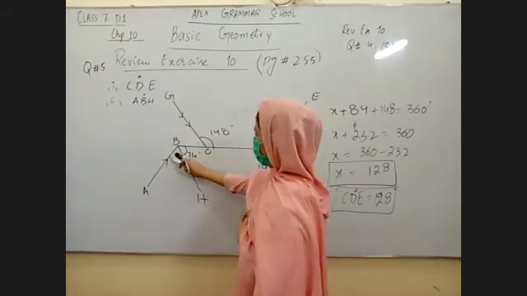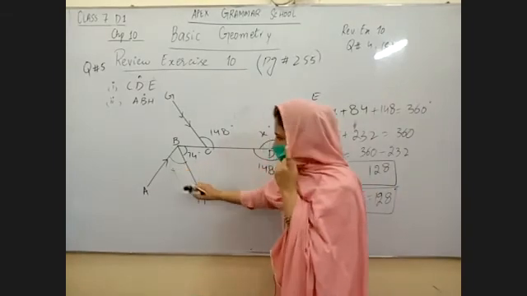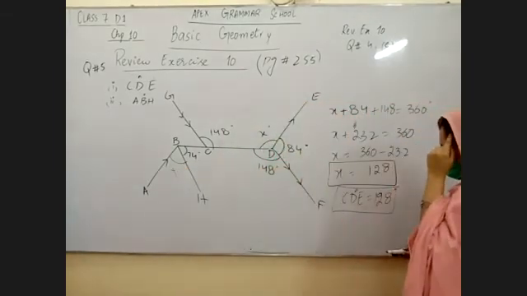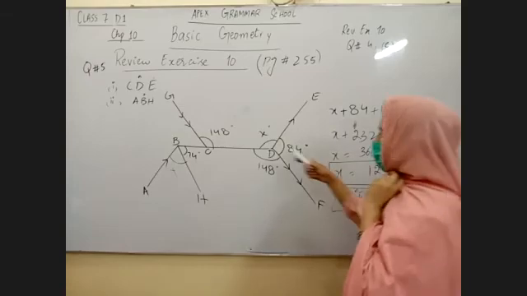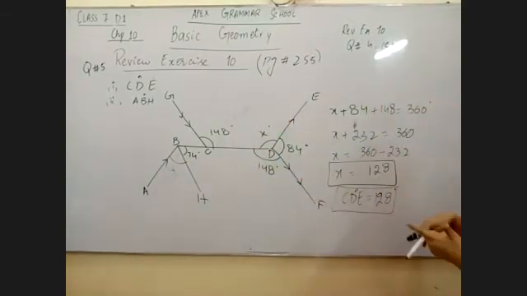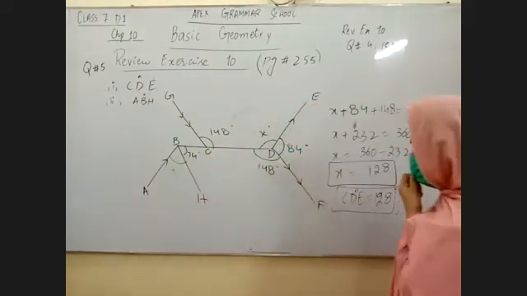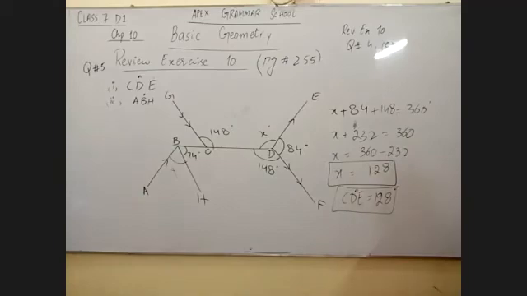Okay, next I want to find ABH. I have already used x, so I can use y for it. Make sure that when you are using variables, you do not take points that are already used again. It will be confusing for you. So I am going to name this angle ABH, which I need to find, as y. I want to find this value of y.